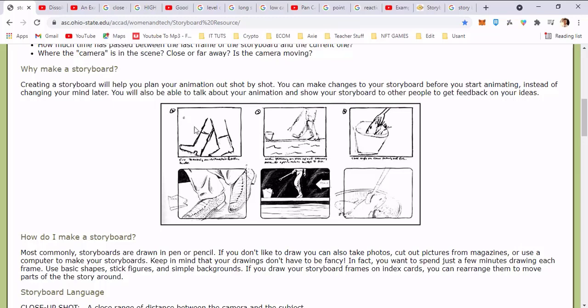pag-illustrate ng storyboarding. Siyempre, dahil hindi ka naman magaling mag-drawing, nagko-concept, parang hindi mo pa naman pina-finalize yung drawing mo. Kasi hindi naman ikaw yung gagawa nun. Kunyari, meron kayong team na magaling na mag-drawing. So, sila yung gagawa nun. So, you can do yung example nung gagawin mo na storyboard